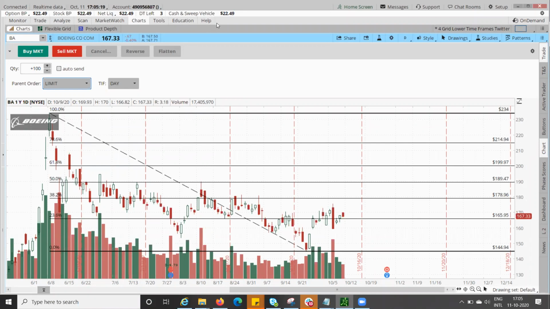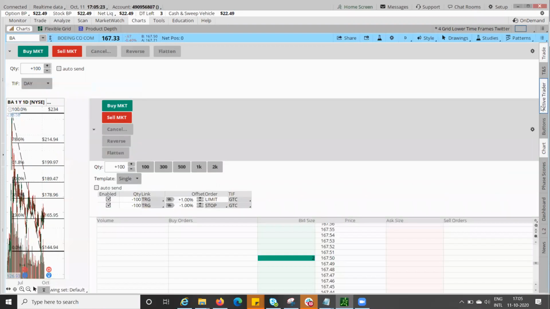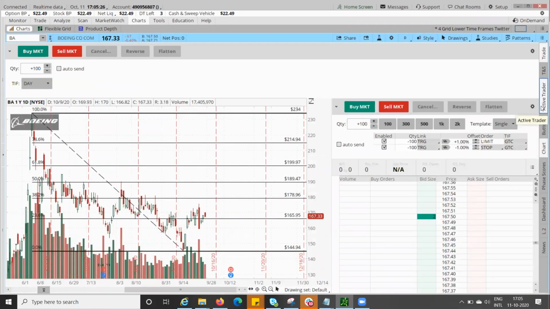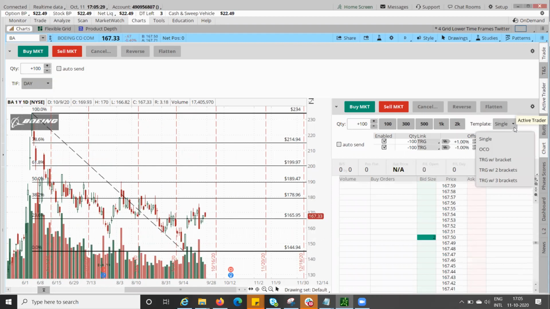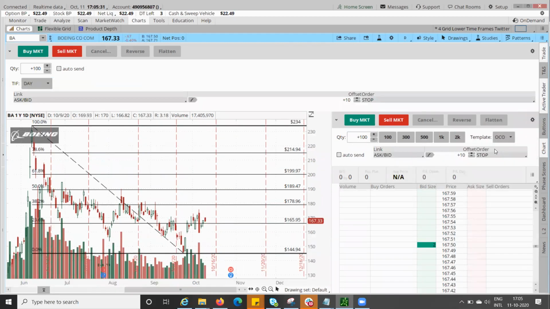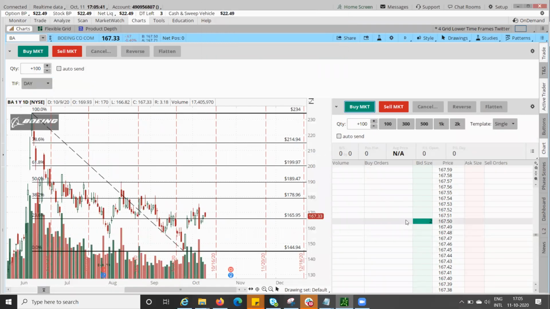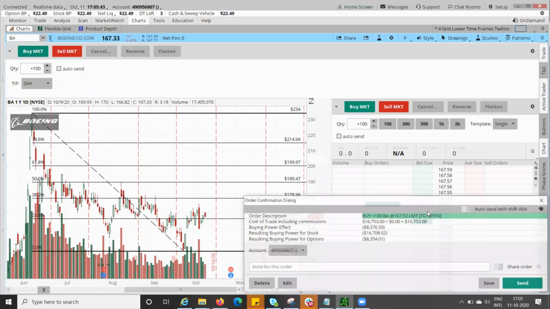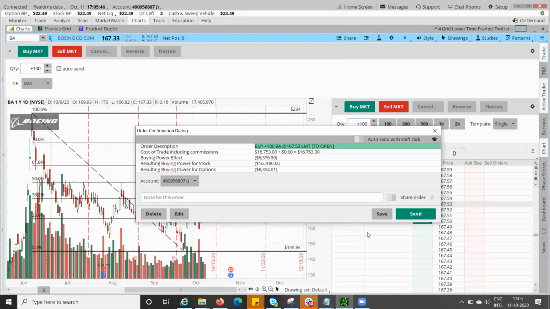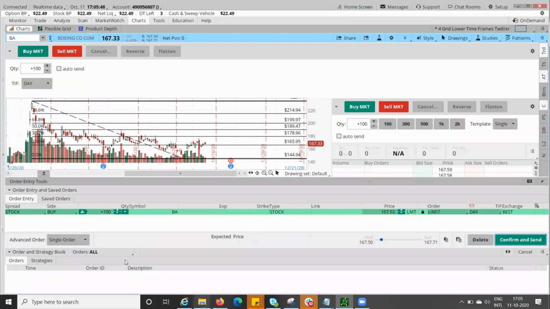The easier way is if you click on the right tab, Active Trader. Here it also has, if you click on the single, then OCO. If we just click anywhere, buy, and then OCO with two. No, don't buy. Click anywhere for the limit order. Just pretend as if we are doing a limit. Now say edit, and that will take you to that screen, and then you can add the legs to it.